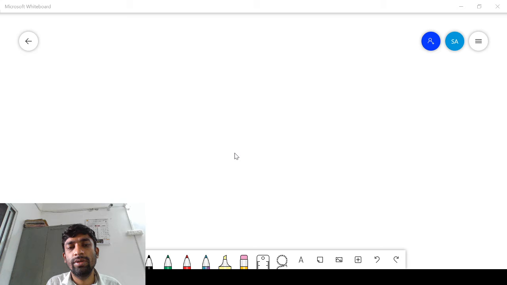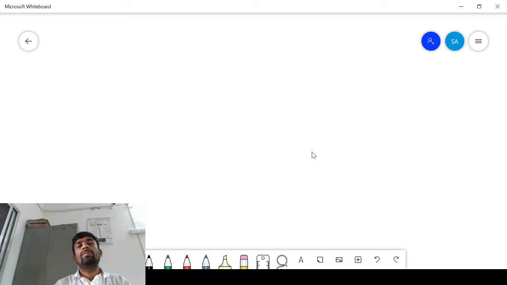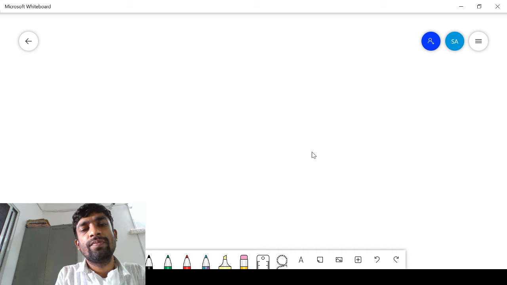So here we are going to start now. First we will see about the group velocity. So what is group velocity? Group velocity means, suppose this is your wave packet. A wave packet is a superposition of a number of waves, and this wave packet is moving forward with a certain velocity, that is known as your group velocity.